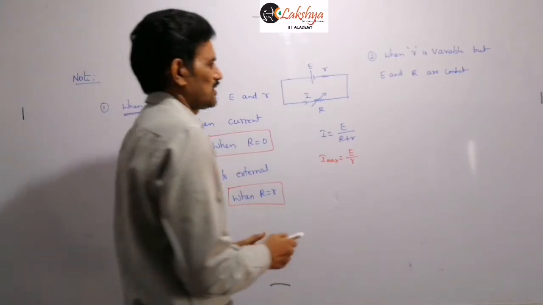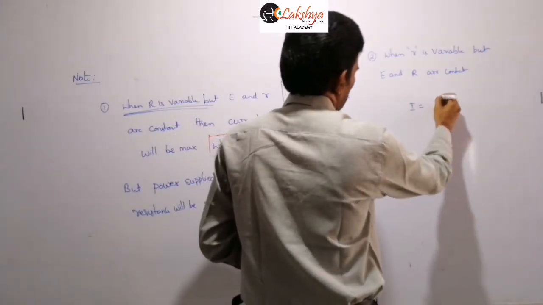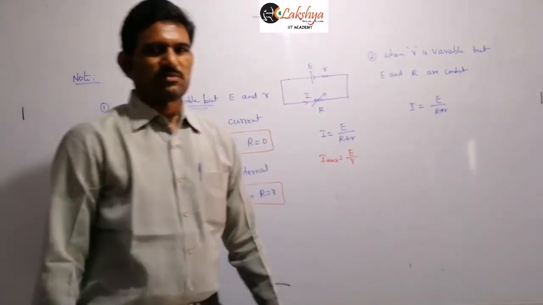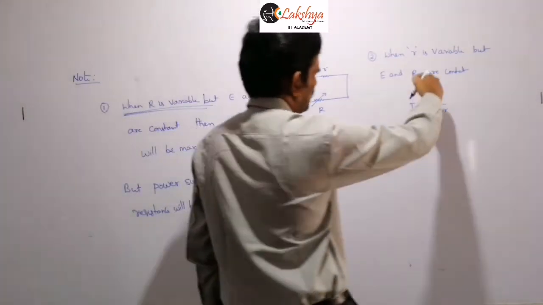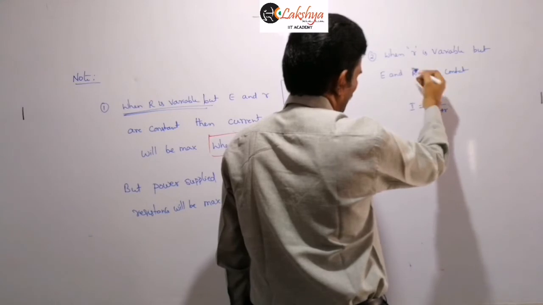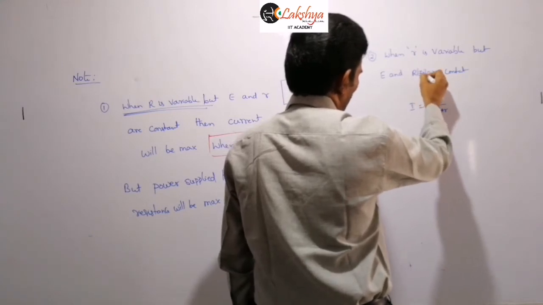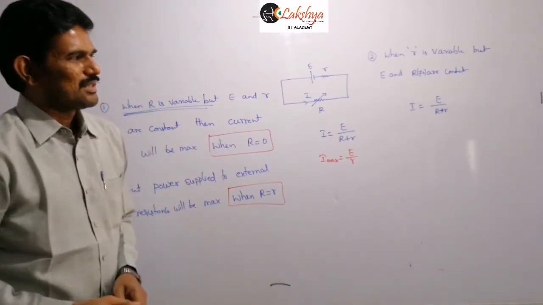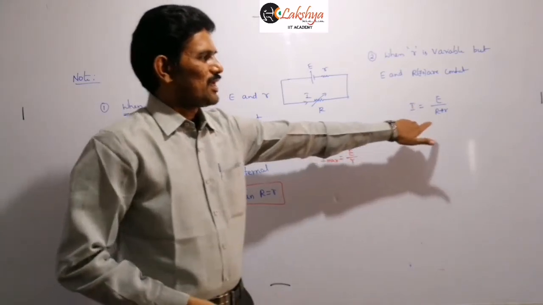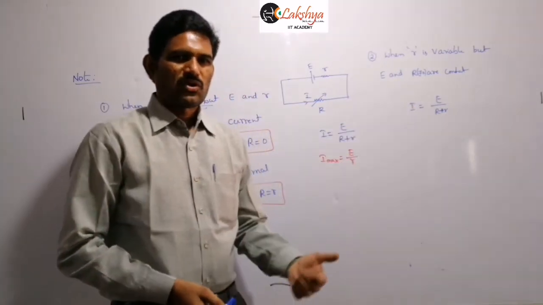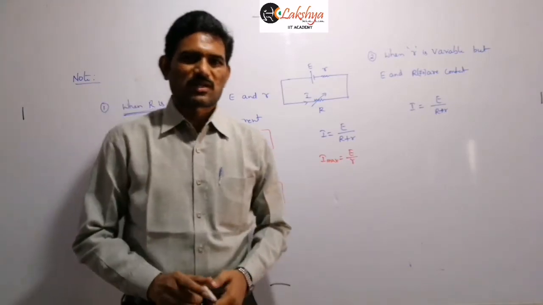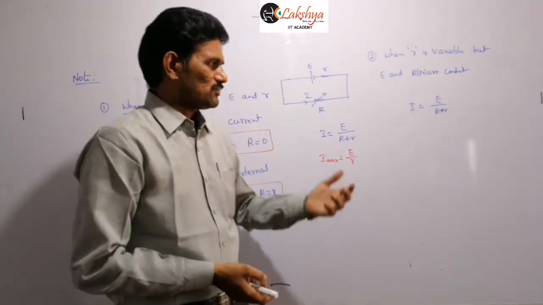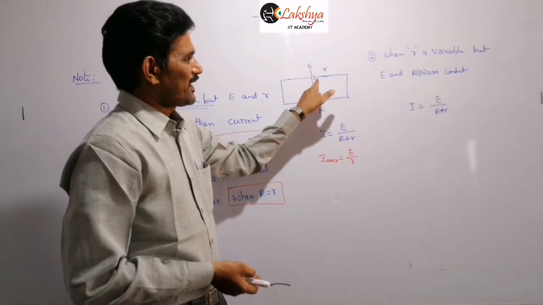Suppose again I am taking the current as I is equal to E by (R plus r), right? So this value is to be maximum now. Now small r is the only variable, and capital R is some constant, not equal to 0 here. Some finite value is there; R is non-zero. So in that case, this I value will become maximum only when small r is 0, right? When small r is 0, then automatically the I value will become maximum, and power also becomes maximum for that condition only, because when small r is 0, there is no power dissipated across the internal resistance.